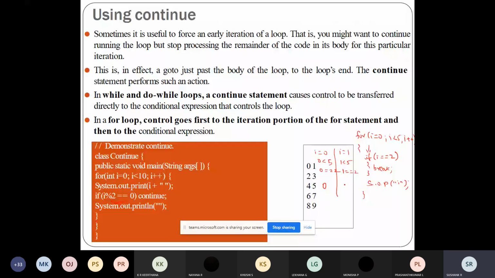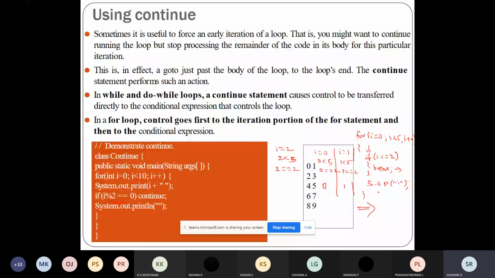After that, again I plus plus, so I will become 2. 2 less than 5, come inside the for loop. 2 equal to 2. So this time 2 and 2 are equal, so it will come to the break statement. Once the condition reaches the break statement, it will come out of the for loop. So for this code, the output will be 0, 1 when I am using break.